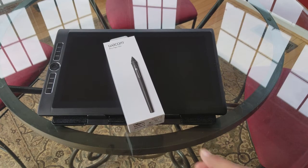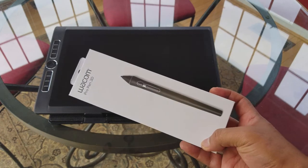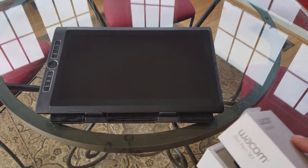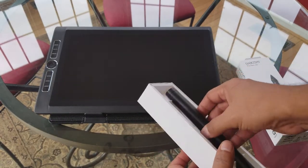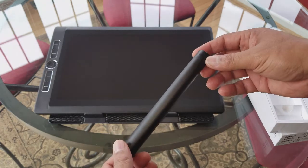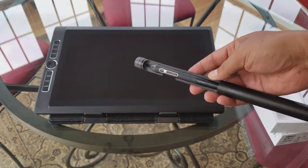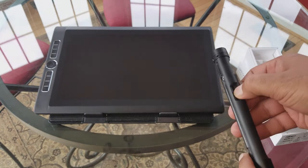The first thing you'll notice after looking at the box is it looks pretty sleek. Let me just show you the actual pen. If you open up the box, you'll see that it comes with one of these cool kind of cigar case things that Wacom is using now. Looks like it should be an Evangelion or something like that, but open it up and there is the ProPen. And it kind of looks like the stylus that's already out, the ProPen 2. However, if you take it out,